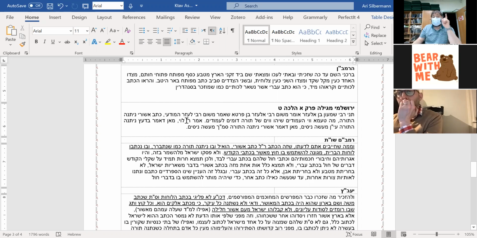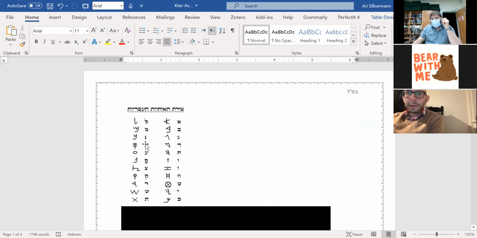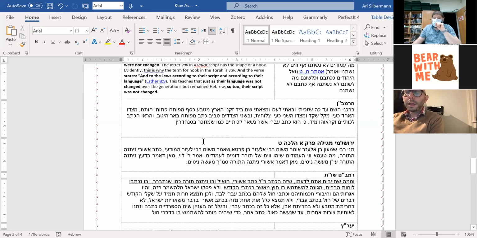Rabbi Levi says, man damar badatz nitna, right? Someone who says it was given in ancient Hebrew script, the Ayin was miraculously suspended. Man damar Ashuri nitna Torah, Samech ma'aseh nisim. So even in the Yerushalmi, according to the one who says it was given in Ashuri, the Samech was suspended. The one who says it was given in Ivri, the Ayin was suspended. And the Yerushalmi itself recognizes that this is a distinct possibility.